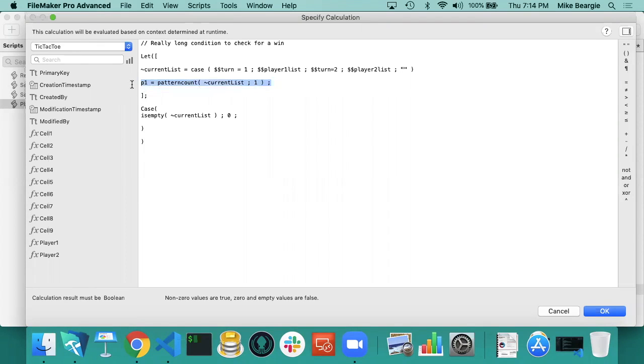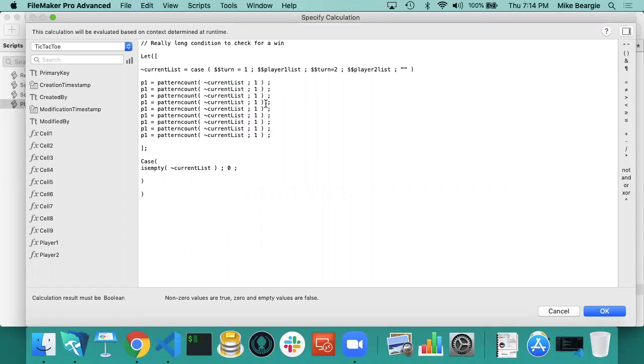And then we're going to copy this for R9, 7, 8, 9. So this is horribly not very efficient, but since we're only dealing with 9 numbers, it's easy to explain. 6, 7, 8,